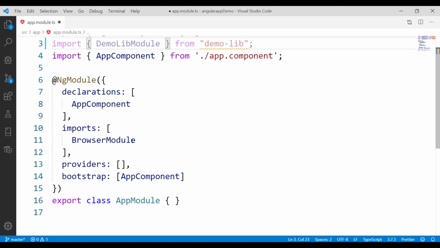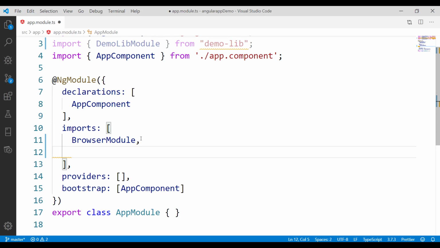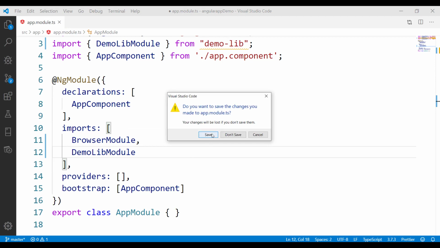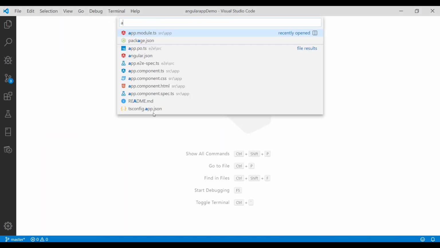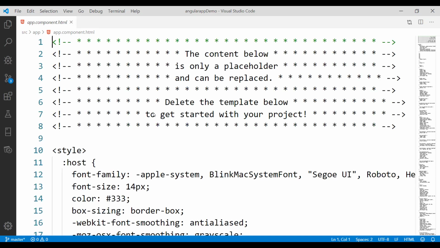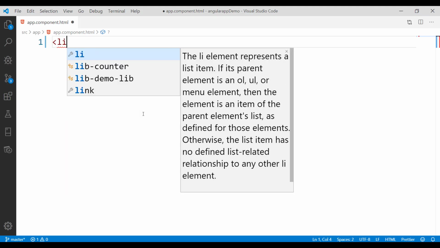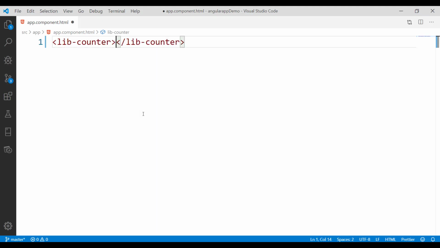Then we need to declare this module inside the imports array. So I'll say demo library module, and now we can use this library. Let's say I just save this file, and I'll open up my app component.html. So first let me get rid of everything,